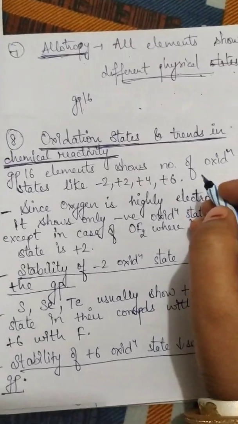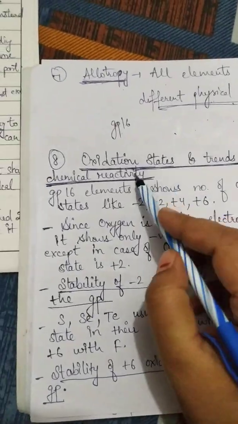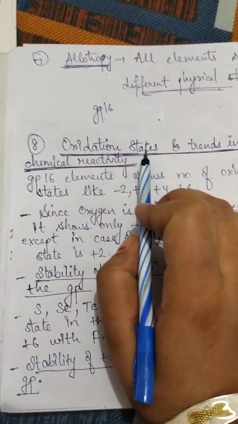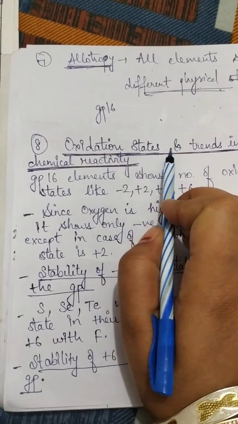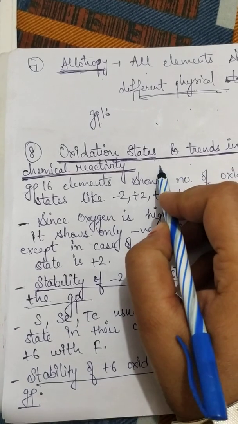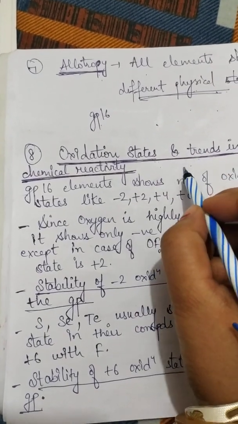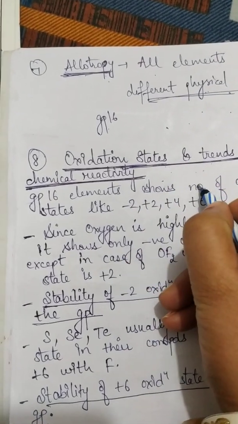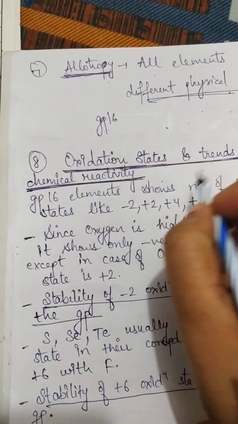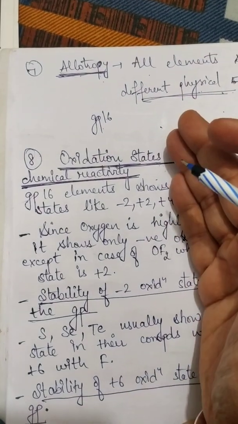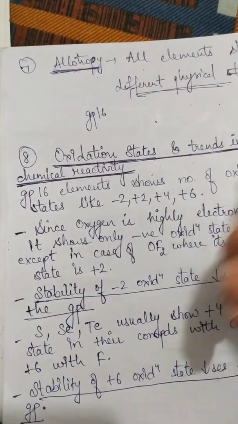Now what is oxidation state? In the redox reaction in class 11th we have done oxidation state. Oxidation state is any number which is assigned to an element which gains electron or loses electron. If an element gains electron, then the oxidation number assigned to the element is negative. If an element loses electron, then the number assigned to the element is positive. So if there is a positive oxidation state, it means the atom loses electron. If negative oxidation state, it means the element accepts electron.